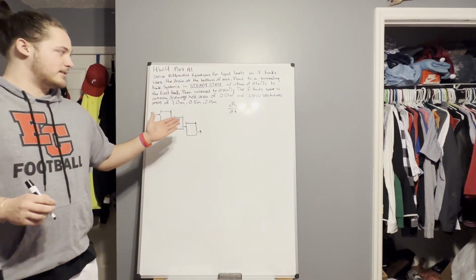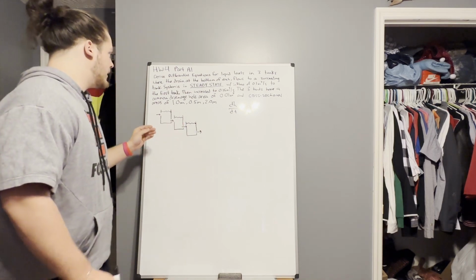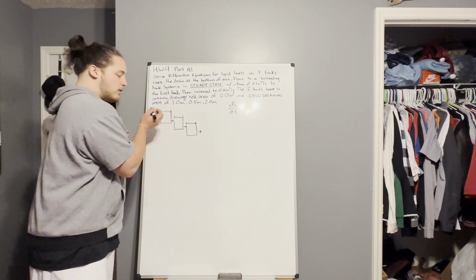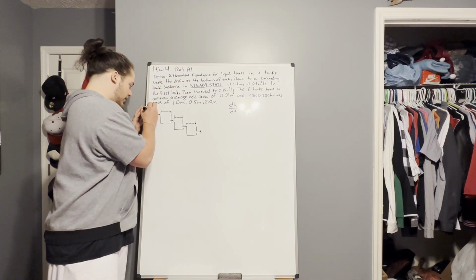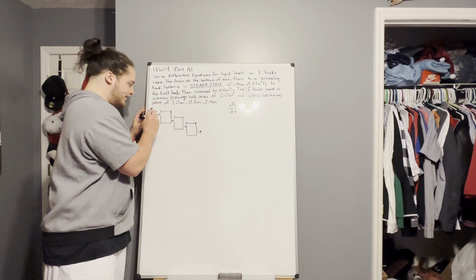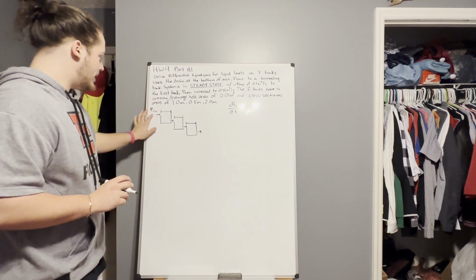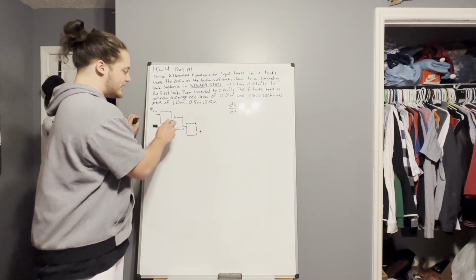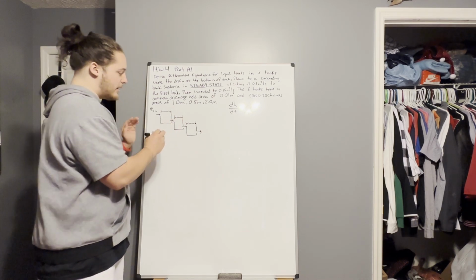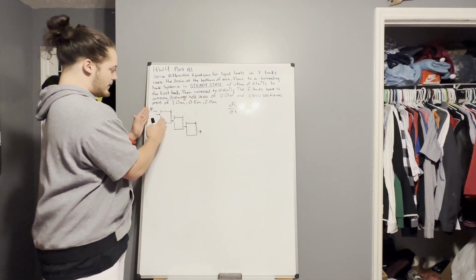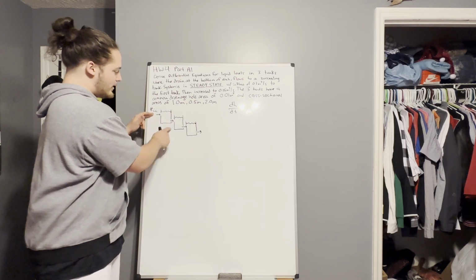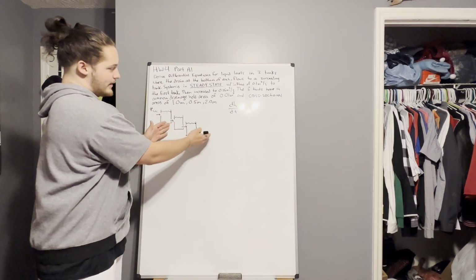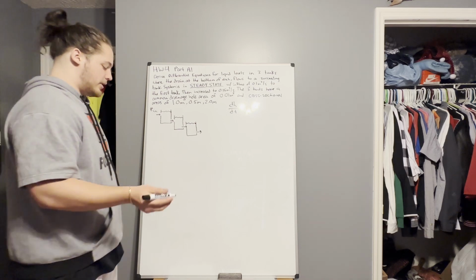We are given the inflow rate, but for now I'm just going to label that as our Q in, and then the outflow goes to here, which is the inflow of our second tank. So we're just going to keep Q in, Q out, and the Q out of this will be the Q in going to the next succeeding tank. So to begin